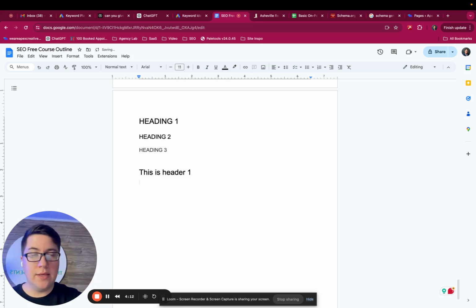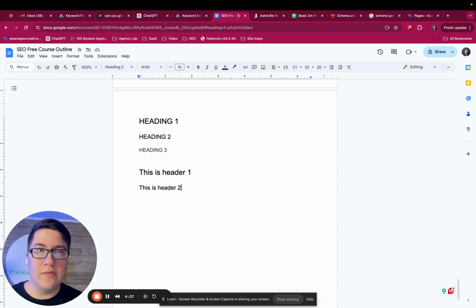I don't change anything other than saying that this is header 2. This is header 2. So you can see from a design perspective, a lot of folks just keep it on H1 when they want to convey something really big, regardless of whether or not that thing they're trying to convey is the most important aspect of your page. So what tends to happen is there's multiple H1s on the site, and there are a lot of mixed signals coming to Google. We want to have one H1.